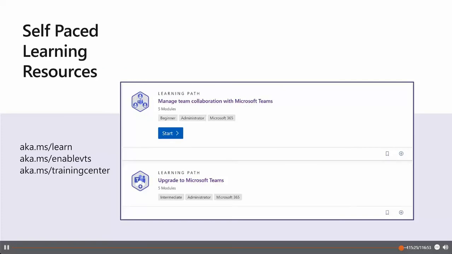Obviously, we can't put all the stuff inside of a 2-hour session about security and all the stuff. So this just gives you the baseline where you need to have a closer look on it, where you can start with the tool sets in it. I highly recommend you really to use the self-paced learning resources on Microsoft Learn, where you can see the management of team collaboration with Microsoft Teams and the upgrading for Microsoft Teams scenario. These additional resources give you also a few hands-on and additional information around all the different functionalities what we have discussed during this session.